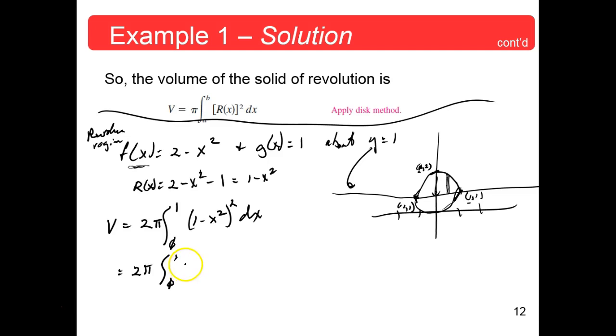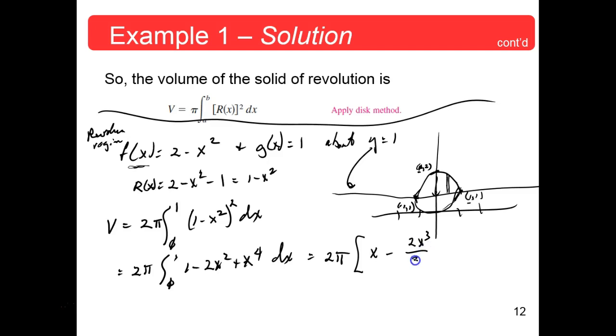Can we square that? 1 minus 2x squared plus x to the fourth. And that's what we're evaluating, taking an antiderivative of. So let's do that. 2 pi times the antiderivative of 1 is x, minus 2x cubed